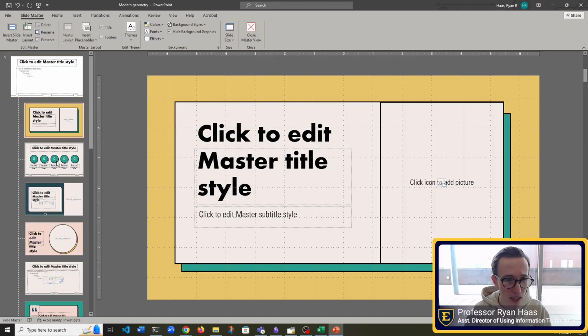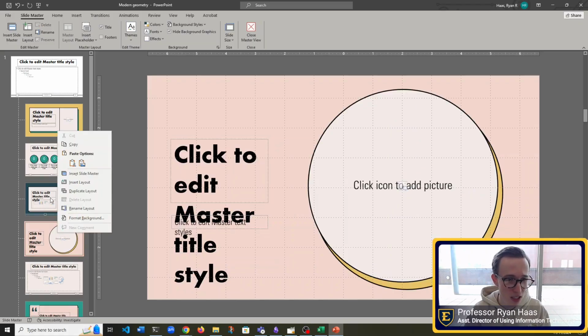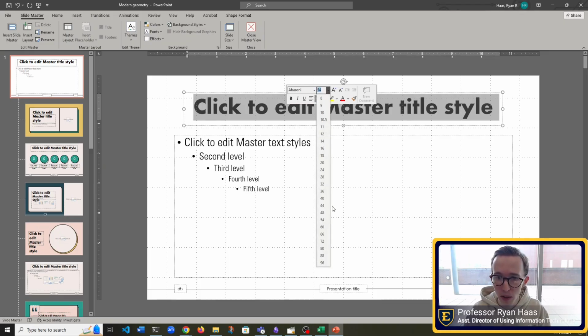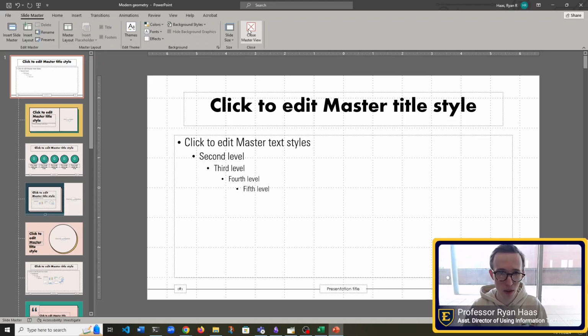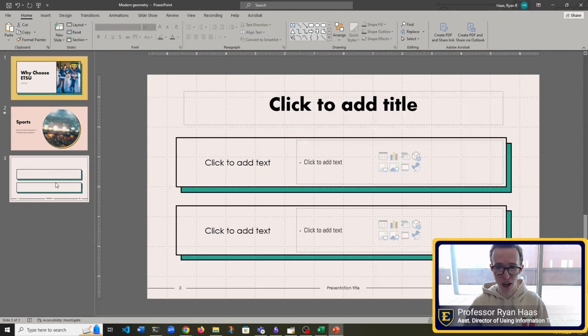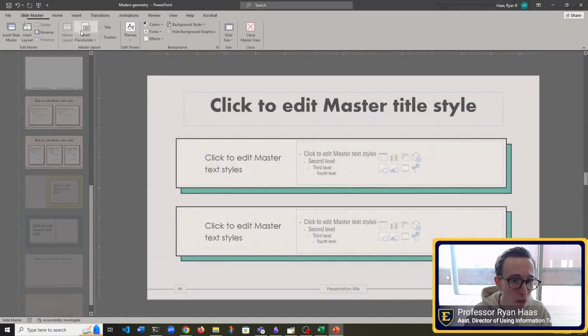Now you notice that the font on all these other slides for that title has changed. And it looks like we need to go even a little bit smaller. Now if I click Close Master View, notice how that font changed across. So you go to the master view when you want to create or tailor your own theme.